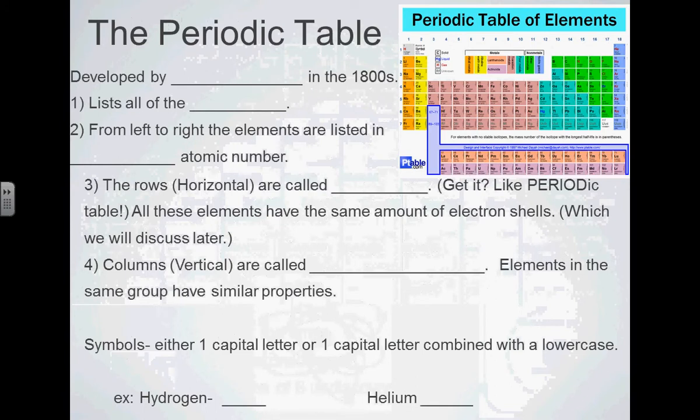So the modern periodic table looks like this. Yours is similar. Now there's some variation. Some elements are added, and the older versions may not have them. Some elements didn't have their formal names yet, but we could use any periodic table in the same way. First off, it was developed by Mendeleev in the 1800s and lists all the elements on Earth. And again, elements are pure substances.